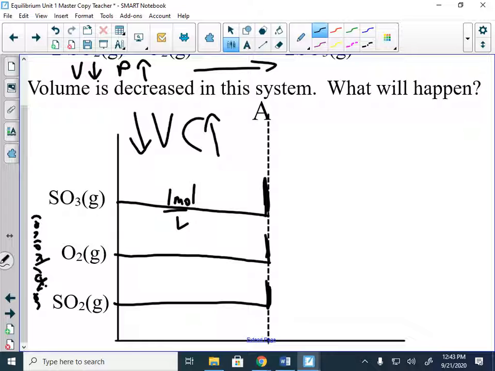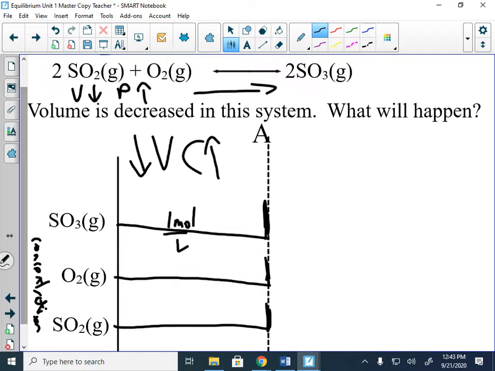Now, the system does shift to the right, so we have to finish what's happening after this. Shifting to the right means we're making more SO3, so it might go up a little bit more, and these ones will go